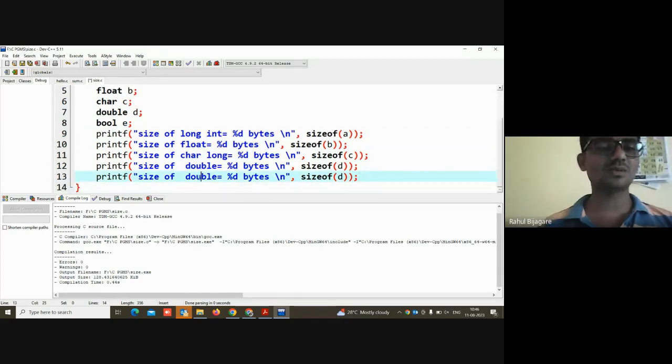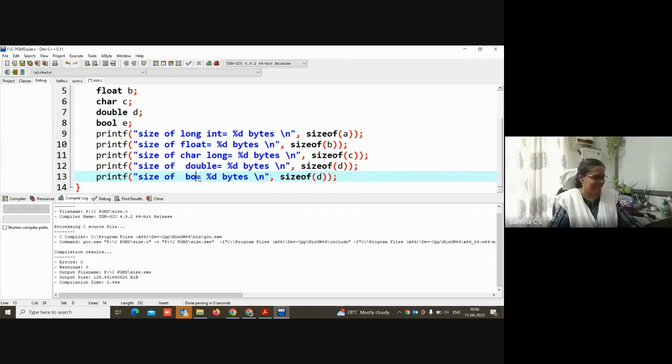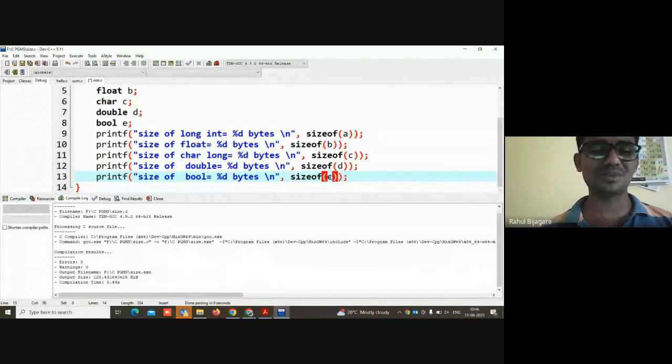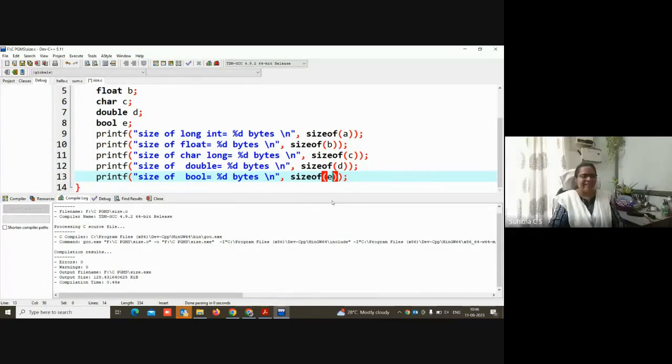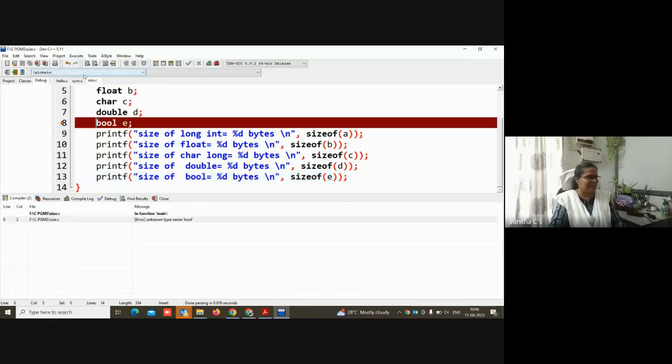Default is false. But true or false, the size? Oh, size, I don't remember. Exactly, it requires only 1 bit, right? 0 or 1. It's using 1 bit, but here we are using bytes. So let's see what it gives you.